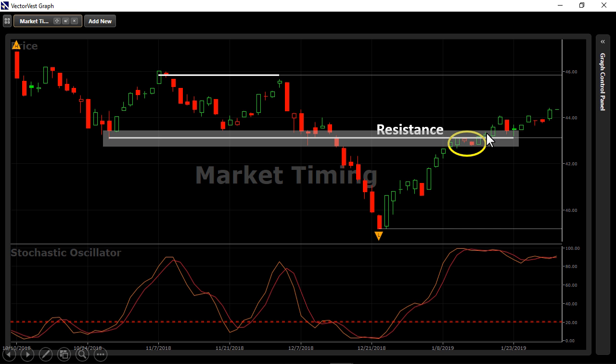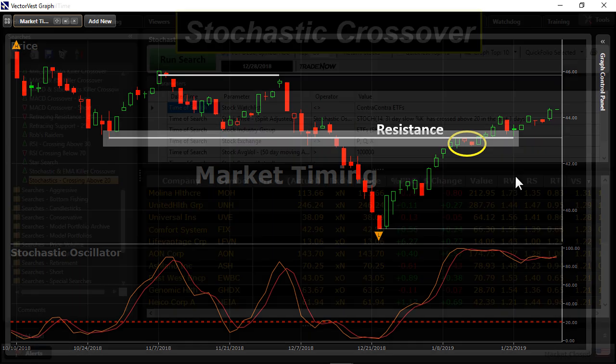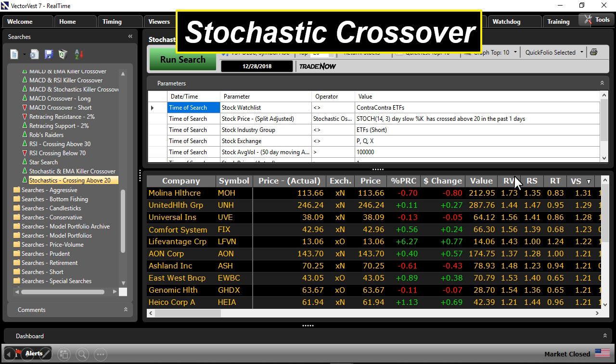Remember what tends to happen when price breaks resistance? It tends to come back down and retest that zone, which it did, and then retrace from it once again. That's why you don't simply exit when price reaches resistance. You wait for it to retrace from it, and it never did. So it would have been a good time to start thinking about taking gains on January 14th, but theoretically you could have entered into the market with stocks whose stochastics crossover just crossed above 20 and stayed in those stocks for this entire run. This is what it would have looked like had you run that search that night,